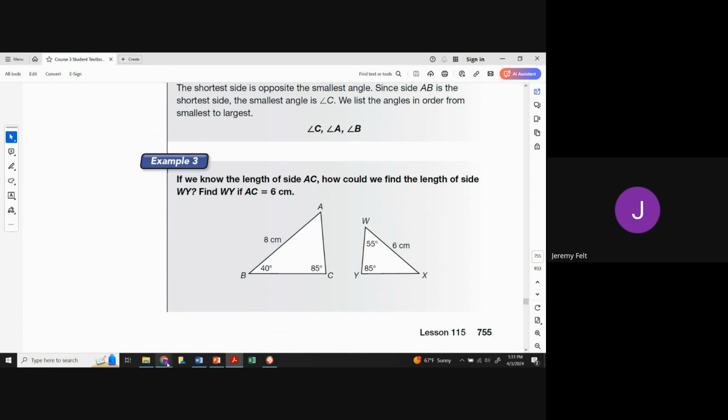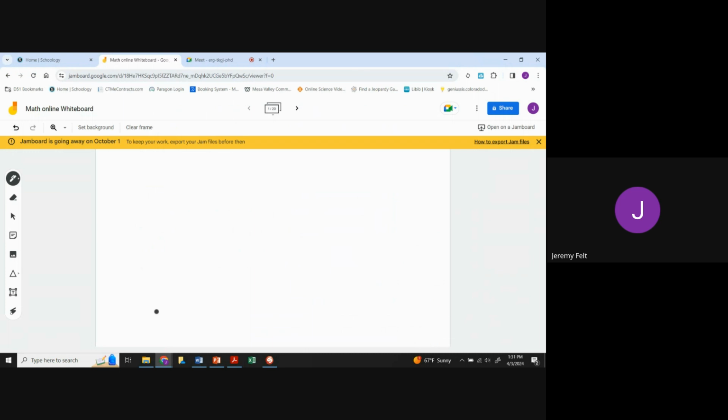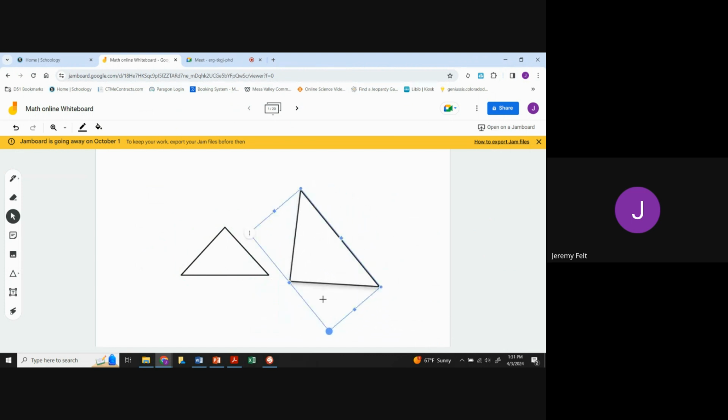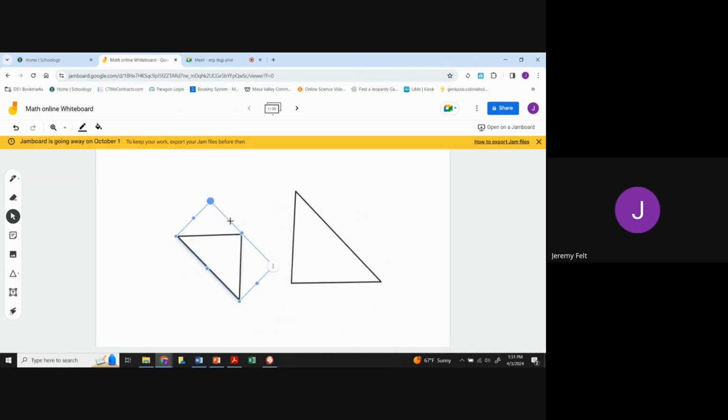Okay, we know that these have to be so not perfectly to scale. It's kind of difficult to get these triangle angles exactly where we want, but we have A, B, C, and